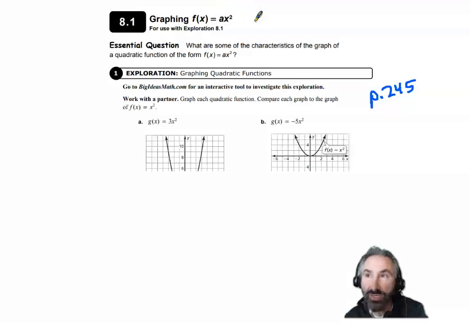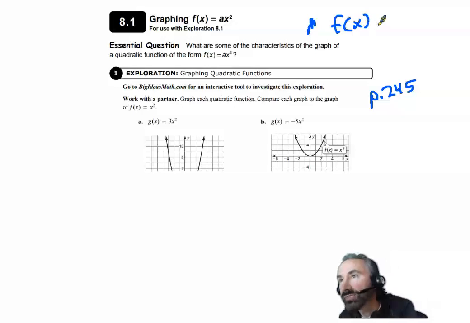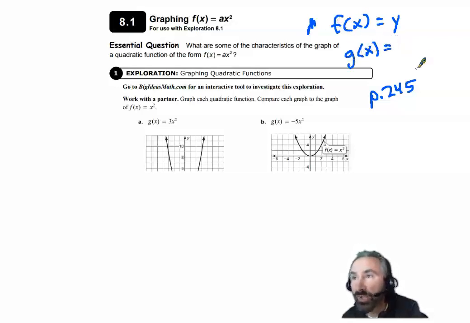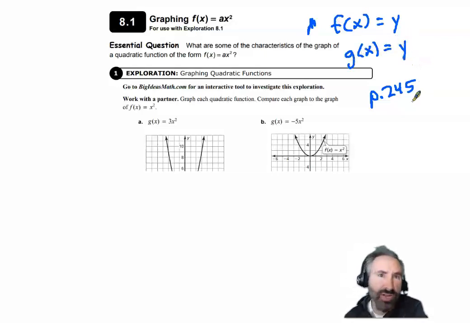y equals ax squared. I'm going to remind you that whenever you see something like f of x, by the way, that's how it's pronounced, f with parentheses x, essentially that just means y. So I'm just going to go ahead and write that. And as you go through this assignment, you'll see that we can have other letters in there other than f. It could be g of x, and that is also just considered to be y. They're not necessarily the same y, but essentially f of x and g of x are a way of saying y. Or ultimately, what we're really saying is that f is a function of x and g is a